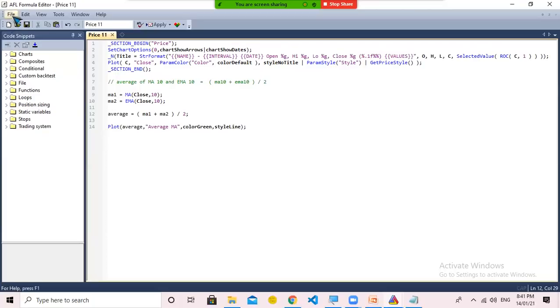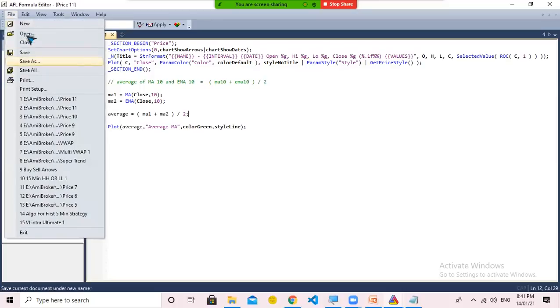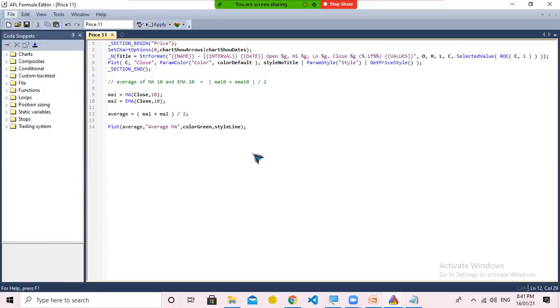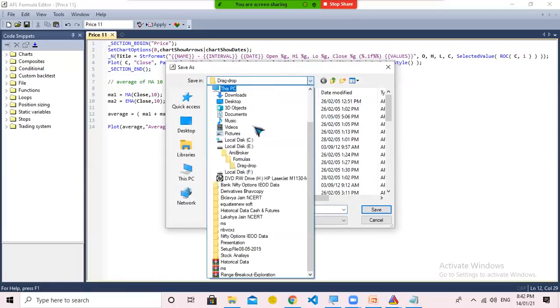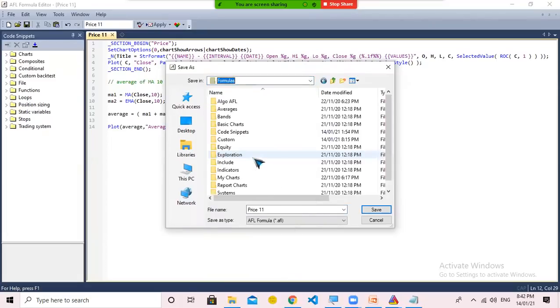So first I save this formula, go to files, save as, yes, go to formulas, create a new folder. I create a new folder actually.